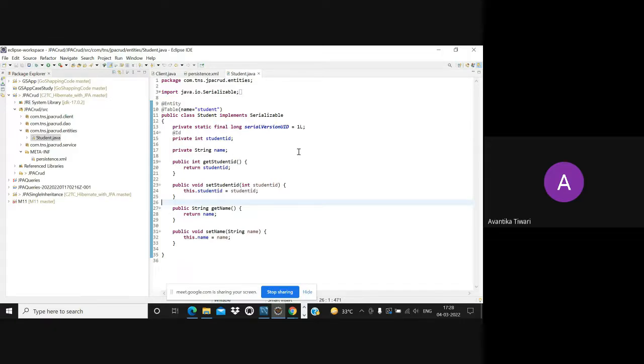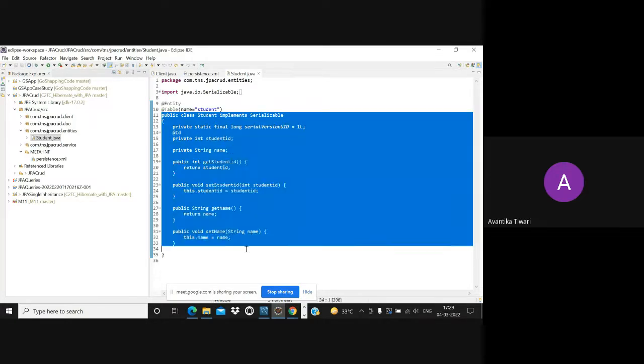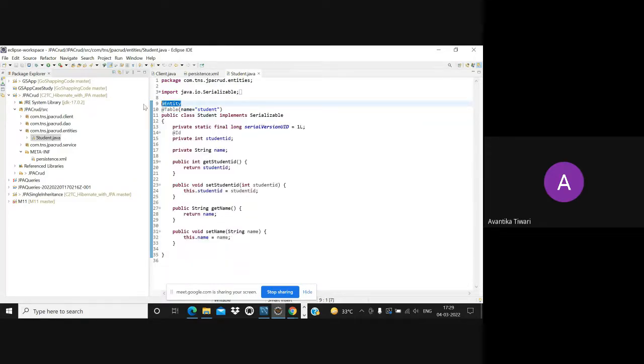Now, once I have done it, I have to declare my normal class, which is my Pojo class, as the entity class. For this you have to use the annotation @Entity. Once you use the @Entity annotation, this class becomes an entity class.